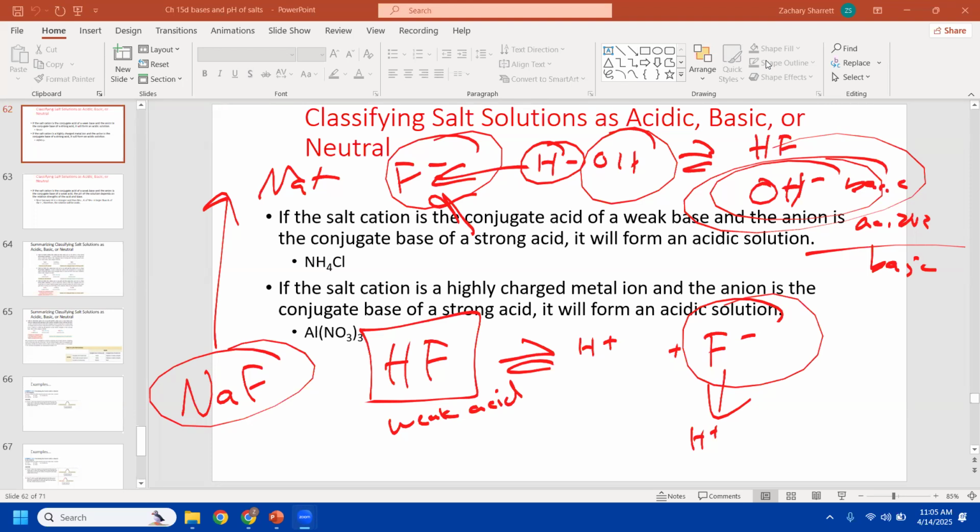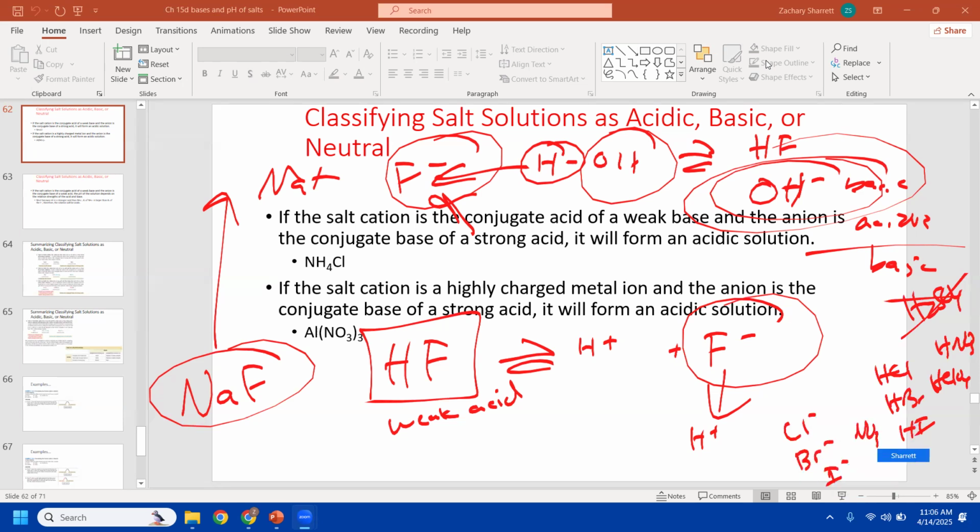The conjugate base of strong acids. So what are the strong acids? HCl, HBr, HI, HNO3, HClO4. H2SO4 is a little bit weird because it's diprotic, so let's not consider that conjugate base to be basic. But the rest of them, Cl minus, Br minus, I minus, NO3 minus, and ClO4 minus, all of these are what we call pH neutral, which means that when those are in solution, they're just going to sit in solution